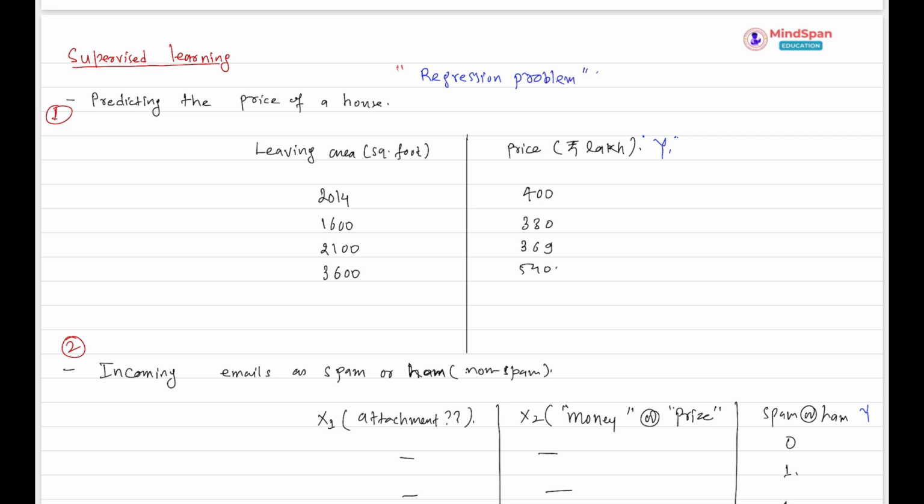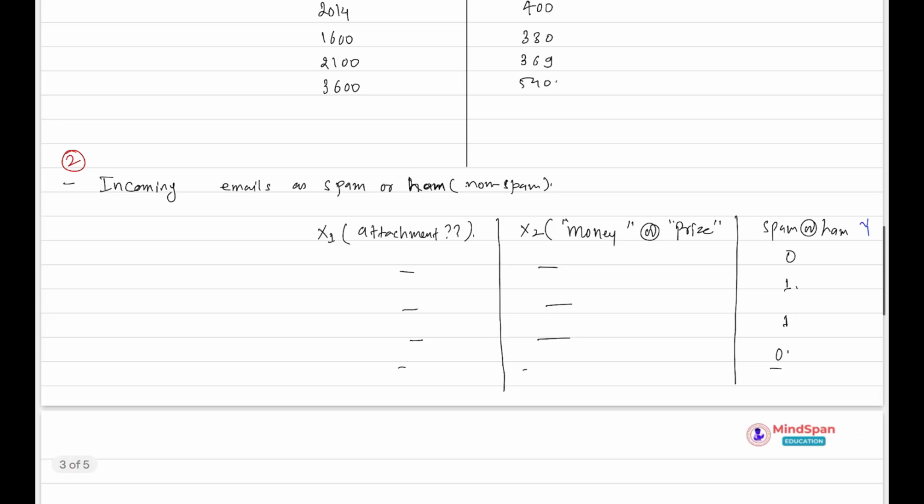Right? So in a regression problem, the output is continuous, right? And this is what we call a classification problem. Classification problems, right? Here the output is a discrete value. The y takes the value 0 or 1, right? It may take the value